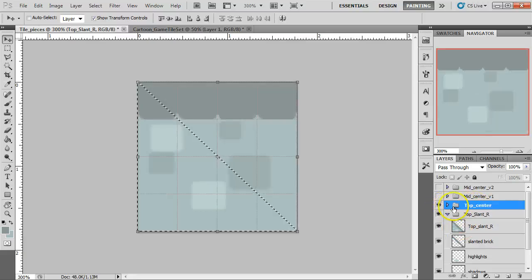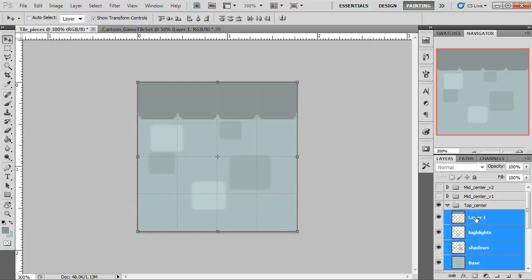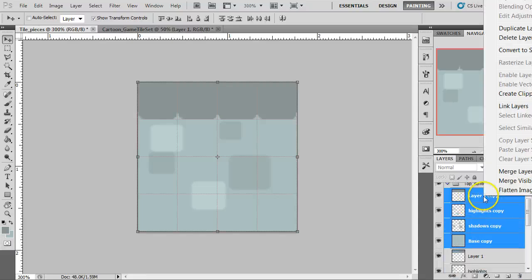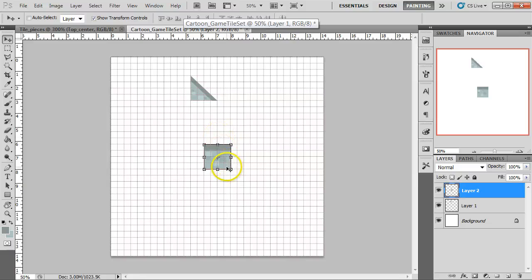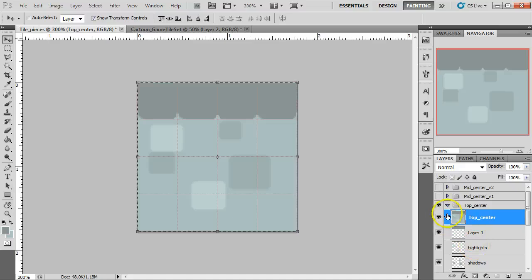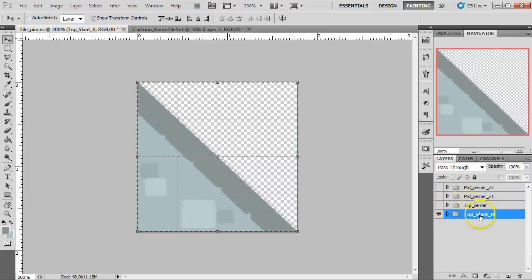And let's go ahead and do our top center. Take these, duplicate them. Merge layers, top center, copy and paste them, and then I'll continue to do that for the other pieces, but real quick on this slant here,